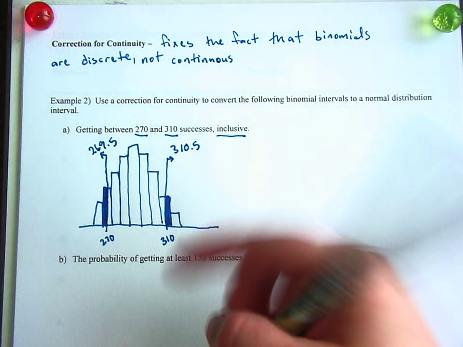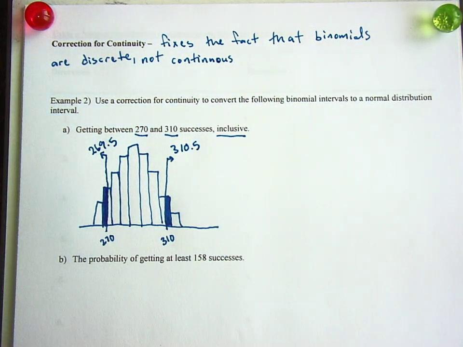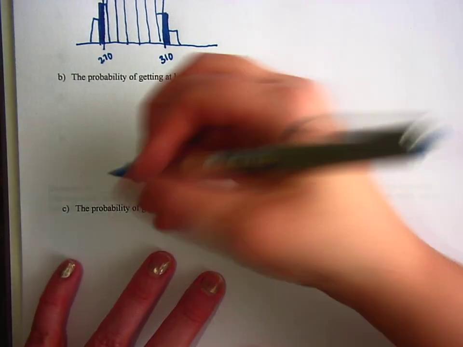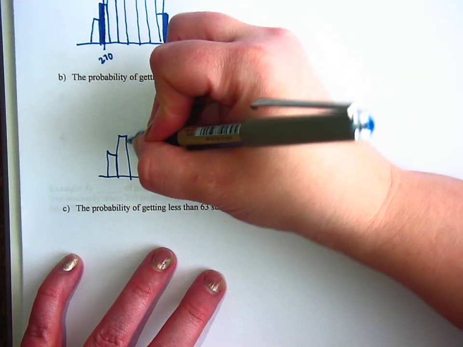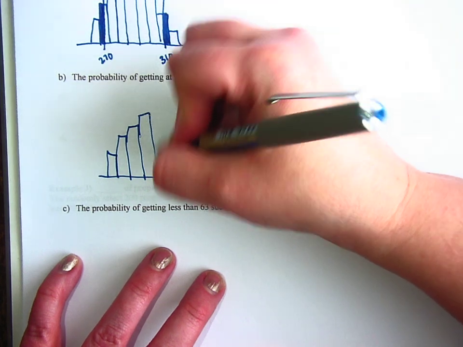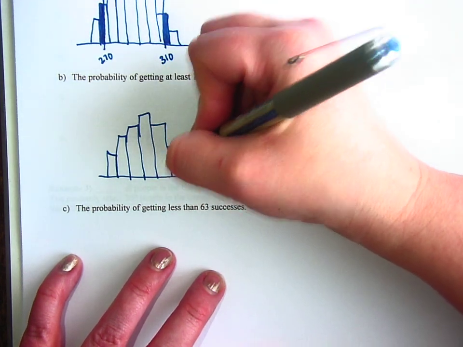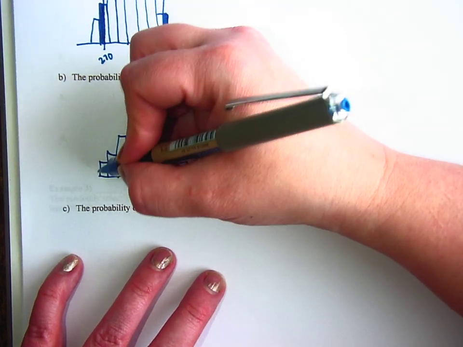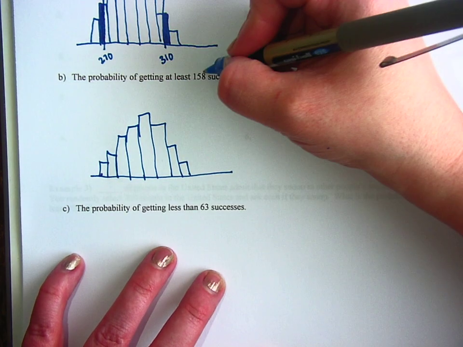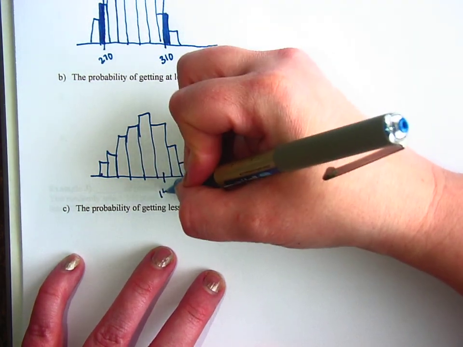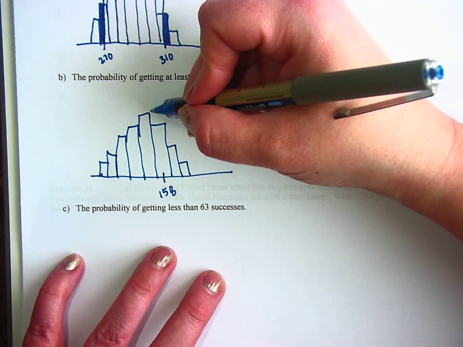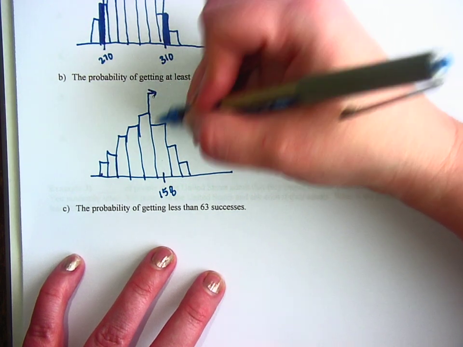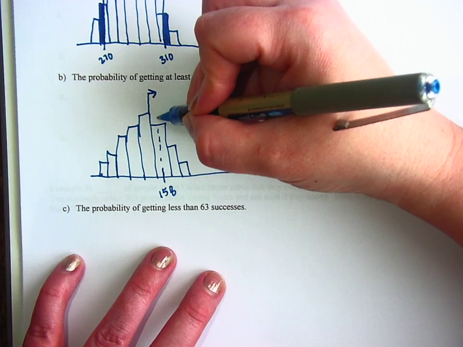Okay, let's try this one. At least 158 successes. Okay, so here's my distribution again. Very fancy looking. Doesn't have to be perfect, clearly. Okay, so let's say that this one is 158. We want at least 158 successes, which means we want here and over, we want that whole bar to be counted. But right now,